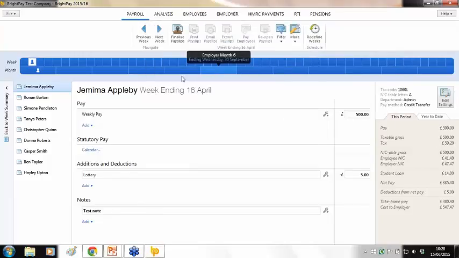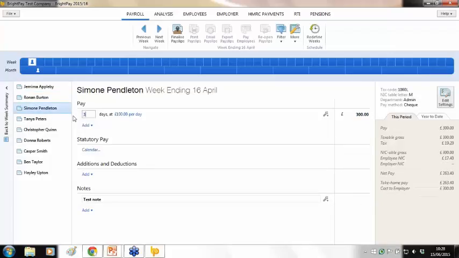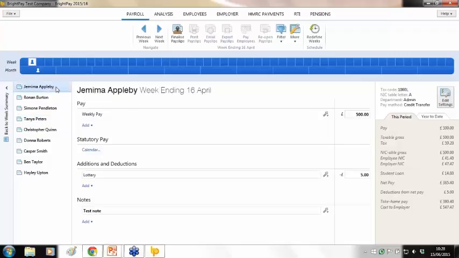Okay, so as I said, BrightPay will always remember what's in the pay period before. So if you're happy with that, you just work through each employee again, and if you need to change any pay, you can simply hop in here and change the amounts as needed. Okay. So again, you would just repeat the same process, finalize payslips, and that will create an RTI for you for submission. Just before I update week 2, I'm just going to show you then